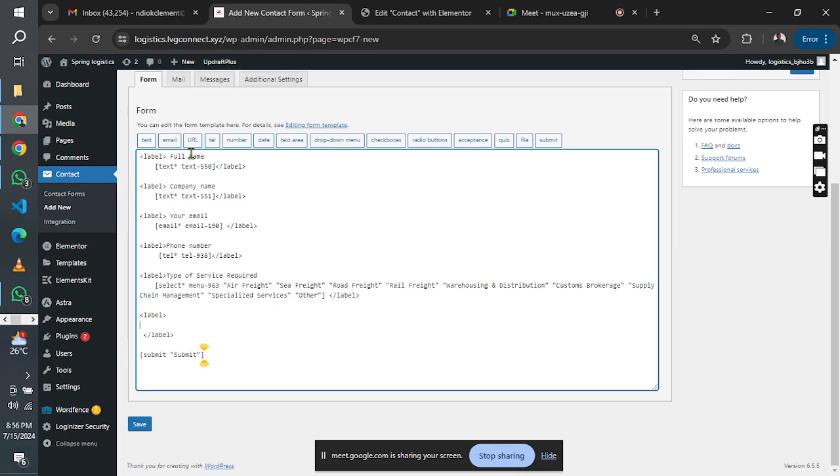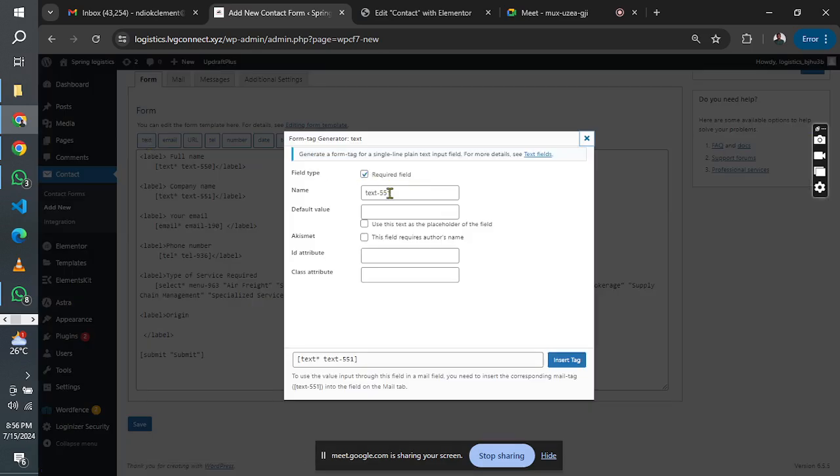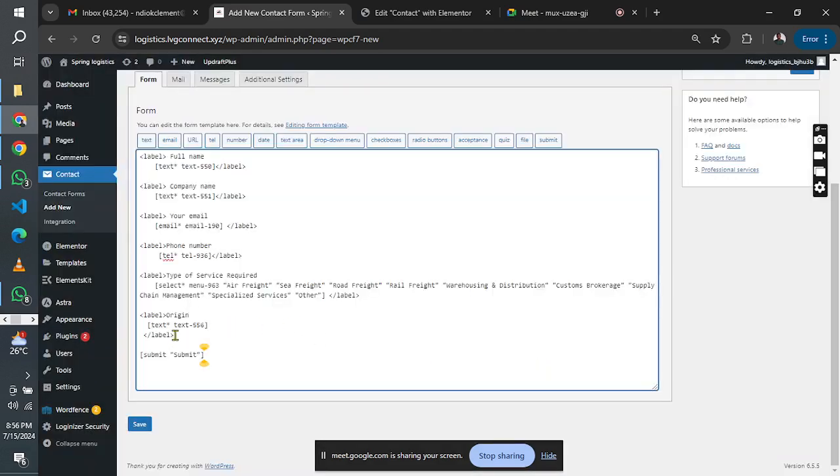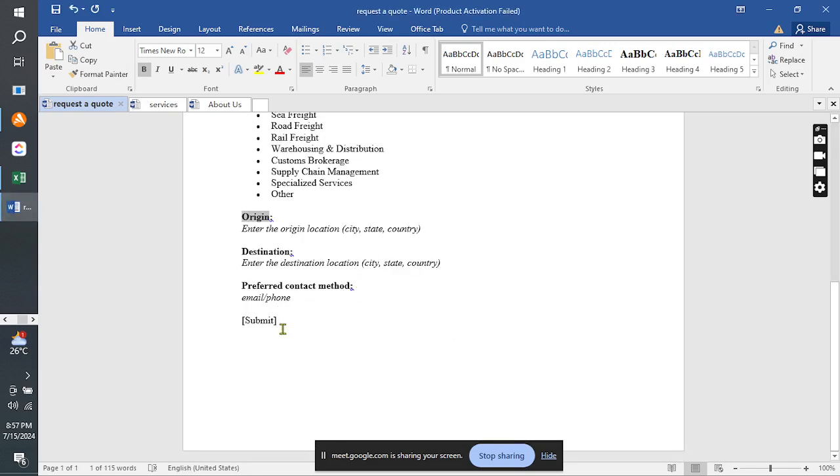Okay, so what am I using? I'm checking for origin. Okay, and I put here some text and I call this 55, let's say 556. Okay, so this is origin and we have destination. I'll simply copy and paste. I copy and we have destination. Okay, so if we go back and check our form in the Word, I think, okay, the last one